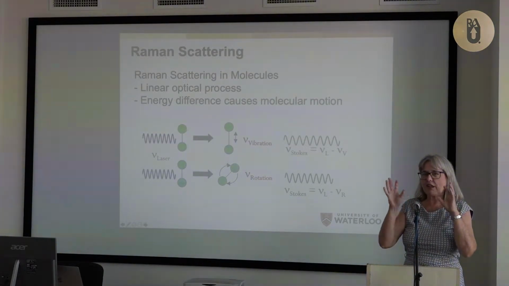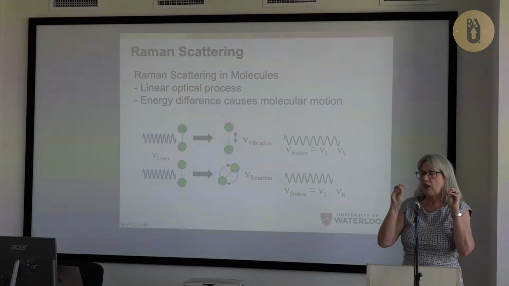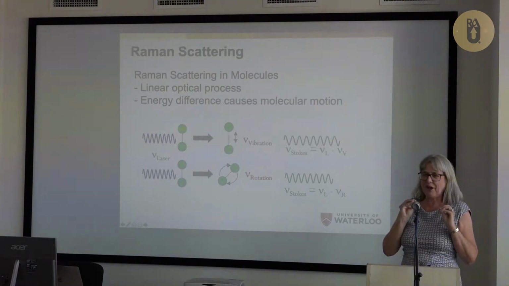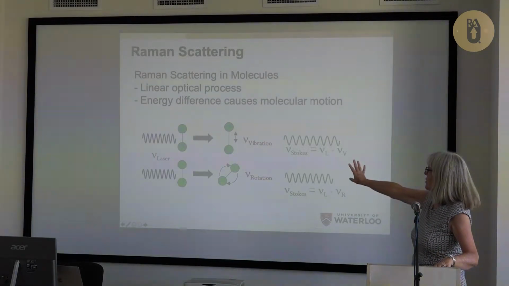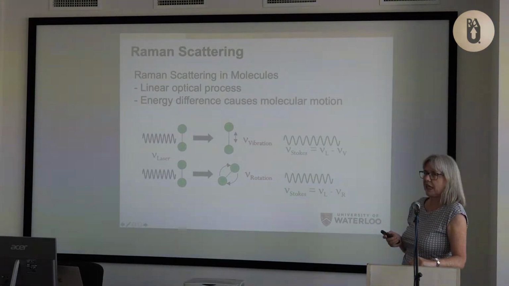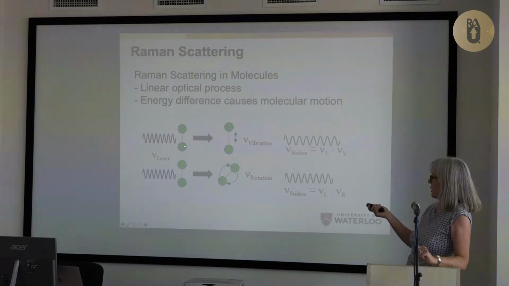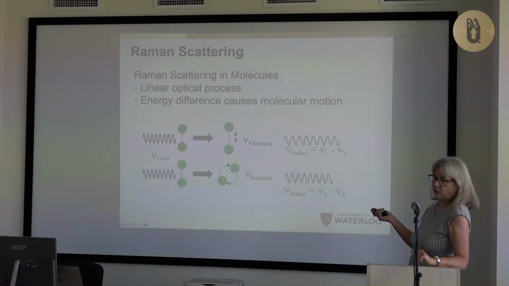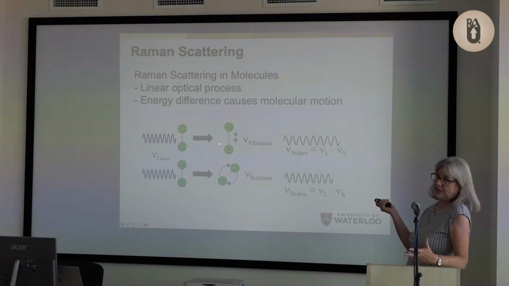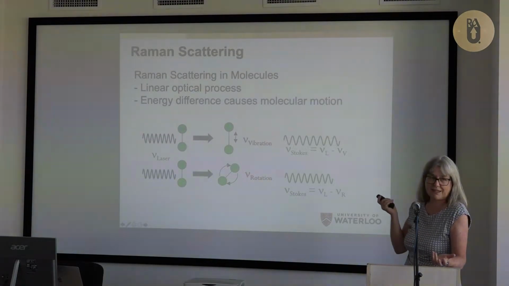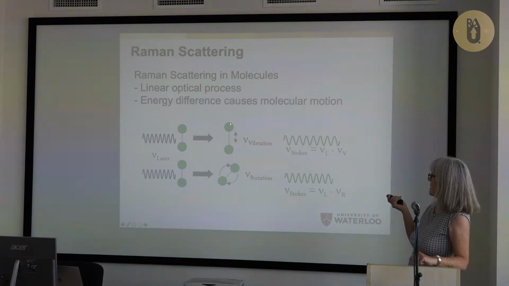So again, when I say nonlinear optics and multiphoton physics is the same thing, you have to remember that we subtract one from the multiphoton physics, okay? So to us, this is a linear effect, and we call it inelastic scattering. We go in with some color to some molecule, and we cause it to either vibrate or rotate. This means we have put energy in. If we put energy in, the energy must come from somewhere, and so it is inelastic scattering, and so you have to subtract that vibrational energy from it, and you get smaller Stokes, and same with the rotation. This would need to be smaller than that shift.